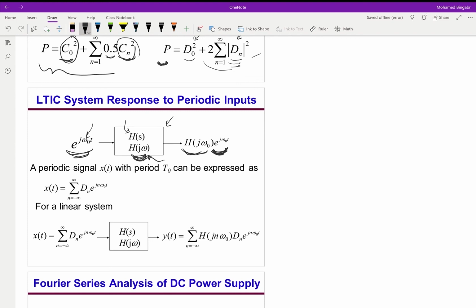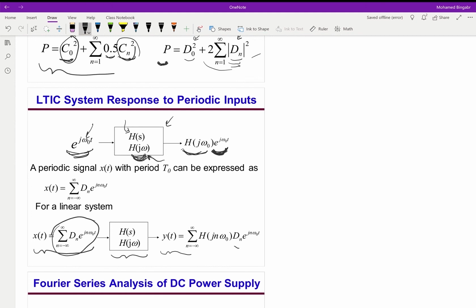Now, if I have any periodic signal, like the recording of the vowel E or I or O, I can express it in the exponential Fourier series this way. And this signal is going to this system, and I want to know what's the output. The output will be exactly the input,